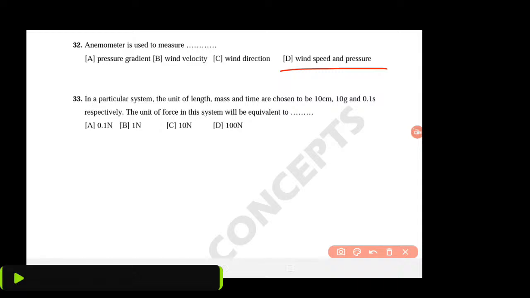Sorry, let me take the question again. In question 33, in a particular system, the units of length, mass and time are chosen to be 10 centimeter, 10 gram, and 0.1 seconds respectively. That is, the length is 10 centimeter, the mass is 10 gram, and the time is 0.1 seconds. So the unit of force in this system will be equivalent to,